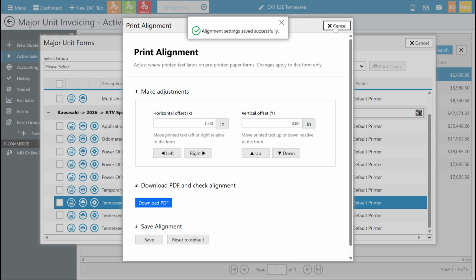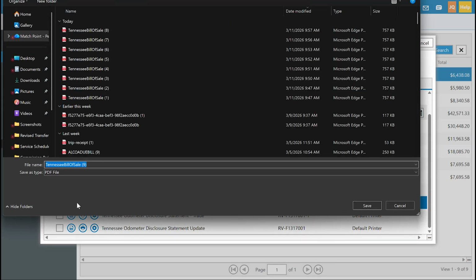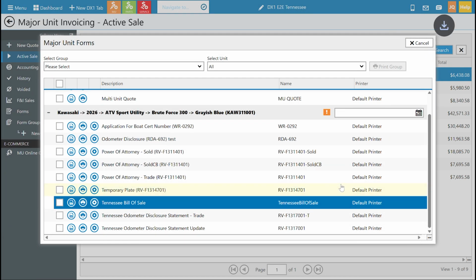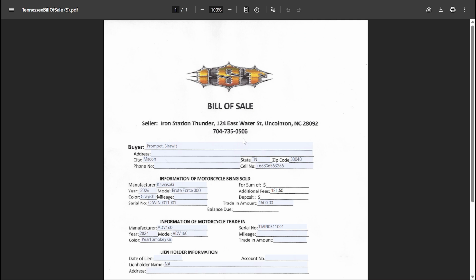And then once I close this out, I can go back to the window and simply open that PDF again just to confirm that my changes were kept, save the file. Once it opens up in the browser, I can take a peek, and yes, the changes that I made have been saved properly. And now moving forward, this will print the way I wanted it to, with the alignment I asked for in the original that DX wants for me.